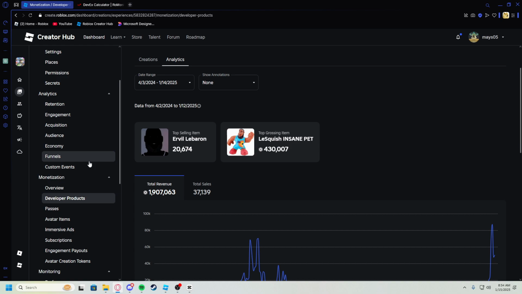This may surprise you. I'm still making games today, and I do not make that kind of money very often. It takes a long time to build up much of anything. So Lebron Clicker is an outlier for me. It's made me a good bit of money, and I'm very happy about that.